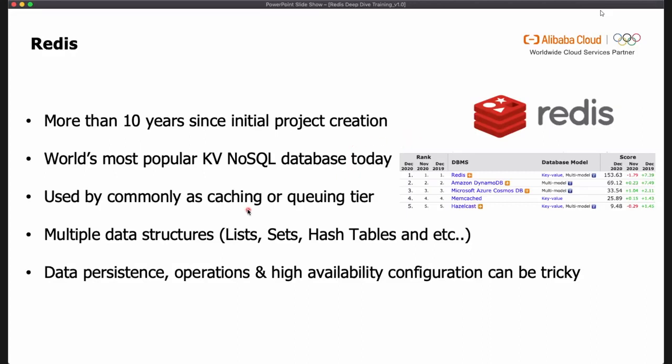In the international market, most of the customers use it for caching. But in China, a lot of people use it for a lot more advanced purposes, like queuing systems. They use it as an actual database itself. But internationally, most of the time we see customers using it as a caching layer. It supports different data structures: list, set, hash tables. I'll go through in detail later how you can use these different data structures and what they can be used